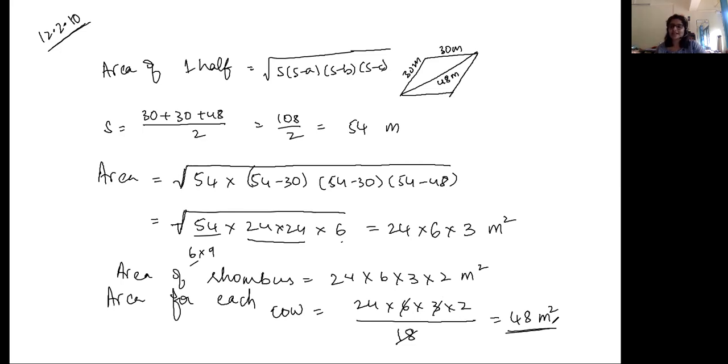And this is the answer you guys have given. Awesome. Rakshita, each cow will get 24 meters square of grass. I think you also had missed out on this step, finding the area of the rhombus by multiplying it by 2. Ritvik, okay, you sent the units. Elena, you had sent it earlier, yes.